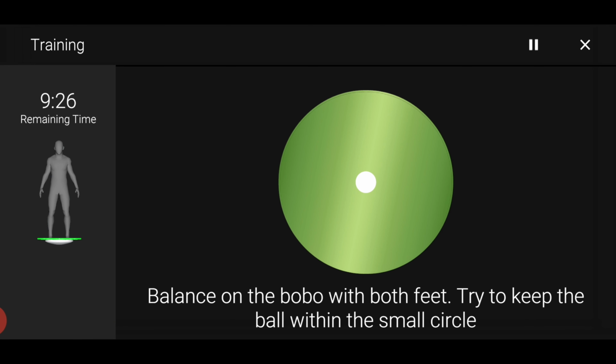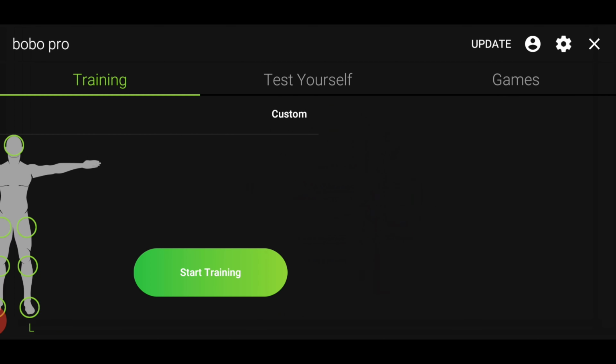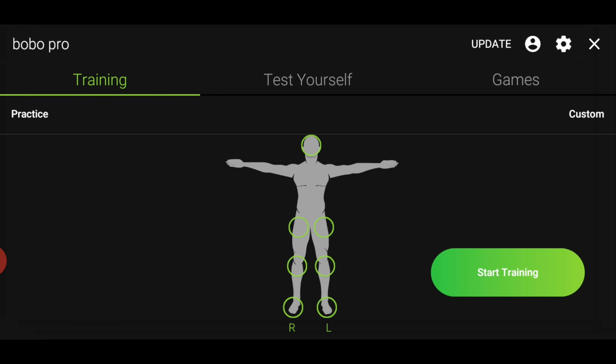And now it sets up a training for me. You don't have to think, you don't have to do anything. You just start training right away. So that's one thing. What also you can do is when you press, let's say, on the left ankle